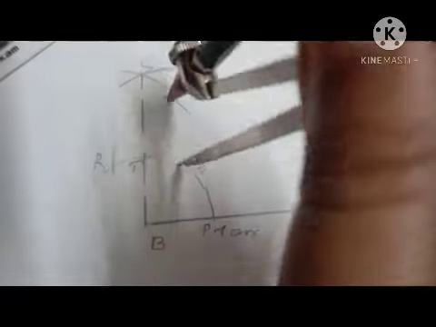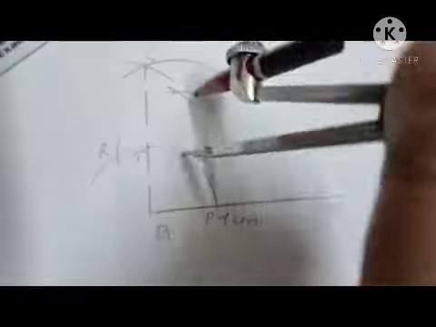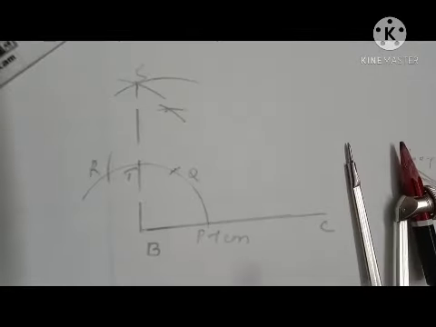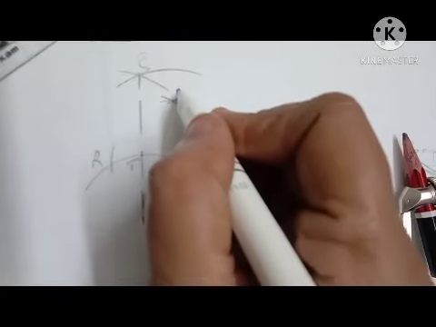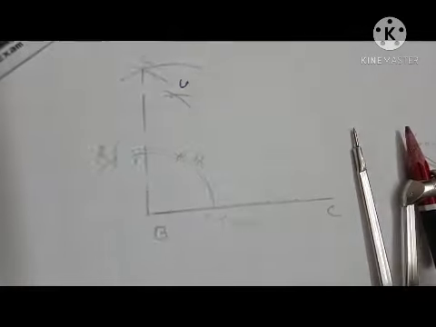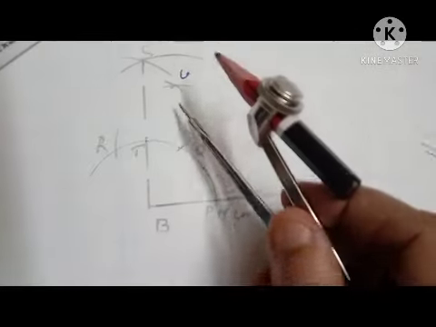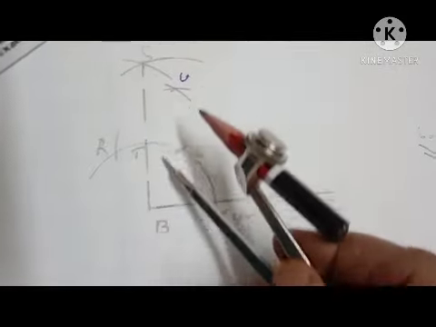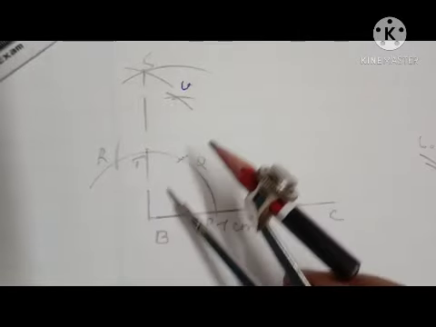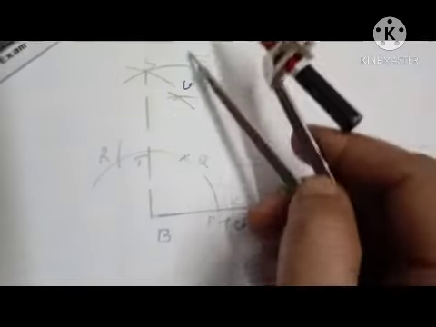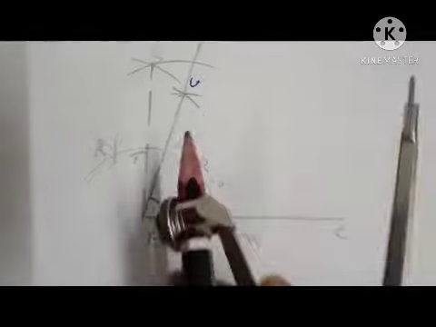From T and from R. Now we got the intersecting point as U. Then when we join this B and U, we get a 75 degree angle that we can extend. This is our required angle